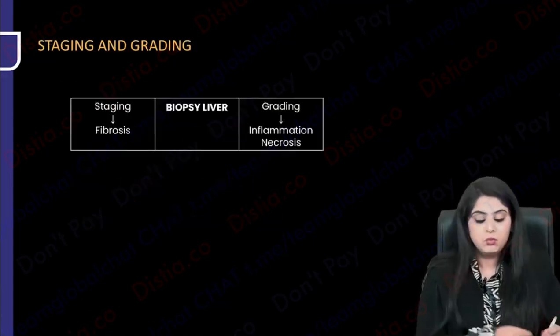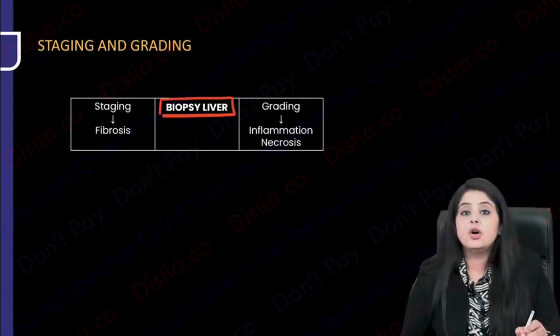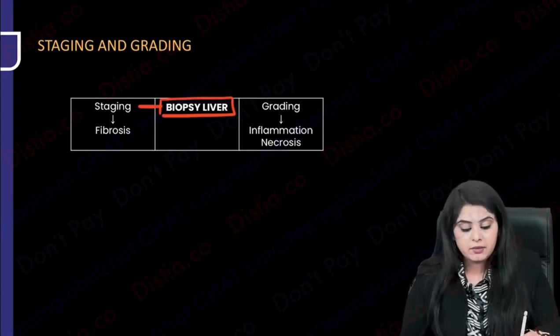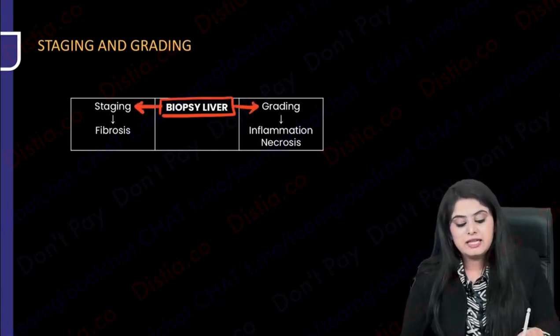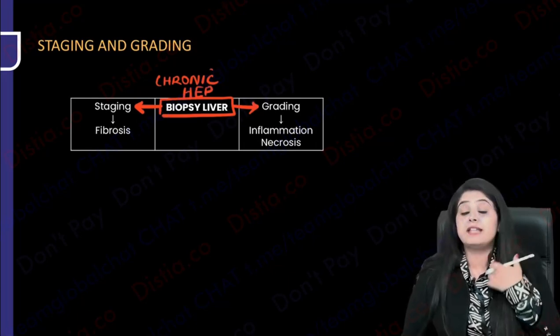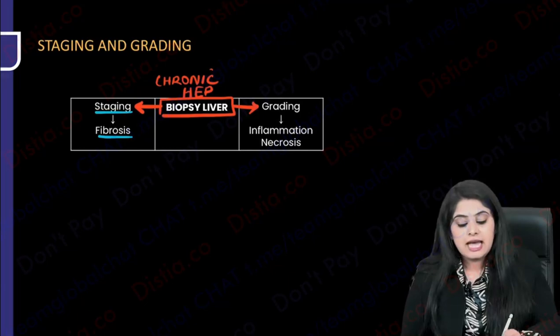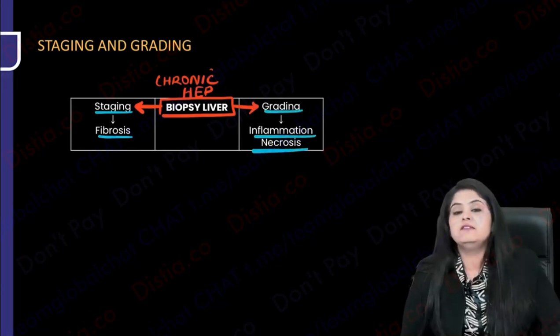Sometimes you have to. What is the indication of biopsy of the liver? Not in acute, but in chronic hepatitis for staging and grading. Please remember, in chronic hepatitis, when you have to do grading and staging of the hepatitis, that is when you do liver biopsy. So what are the features? Staging is based on how much of fibrosis has occurred and grading is based on how much of inflammation and